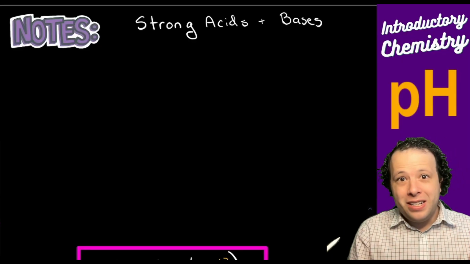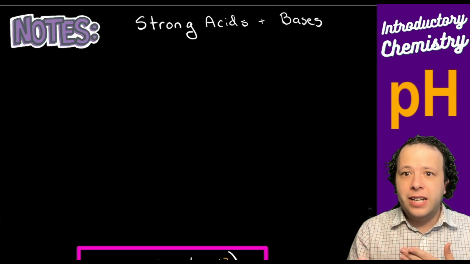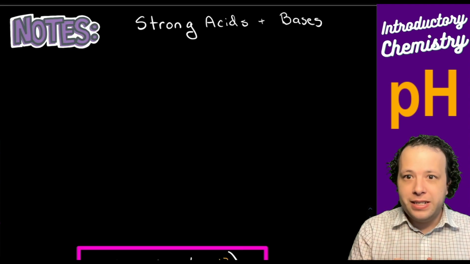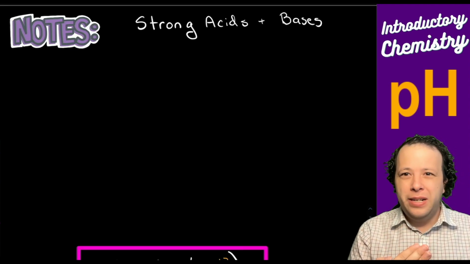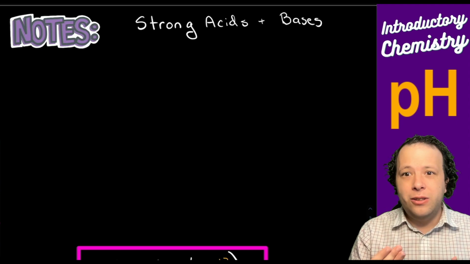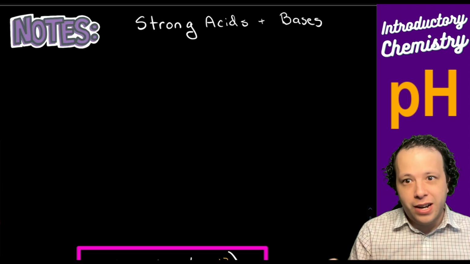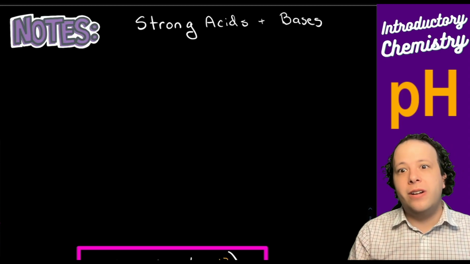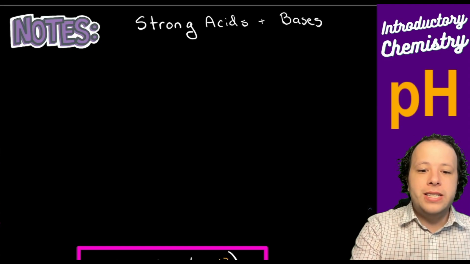Hi, and welcome back. So, with this one, what we're going to look at is first, let's diagnose what is an acid, what is a base. When it comes to pH and pOH, we can go and look at a variety of different acids and bases that vary in strength. For today's little mini lecture, we're going to mainly be looking at strong acids and bases. What does that mean?